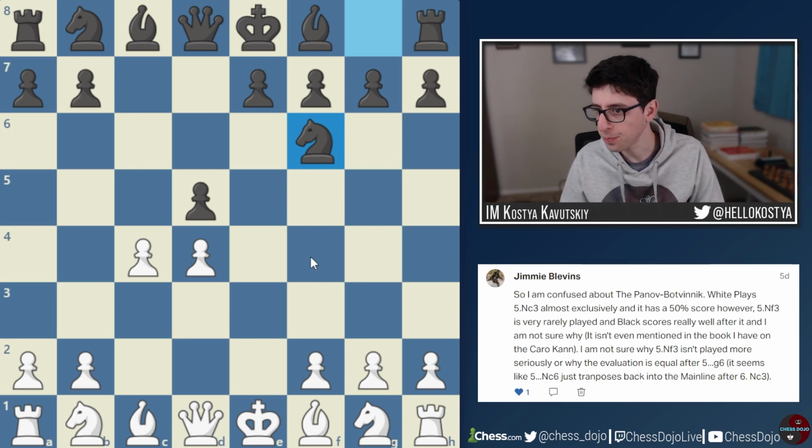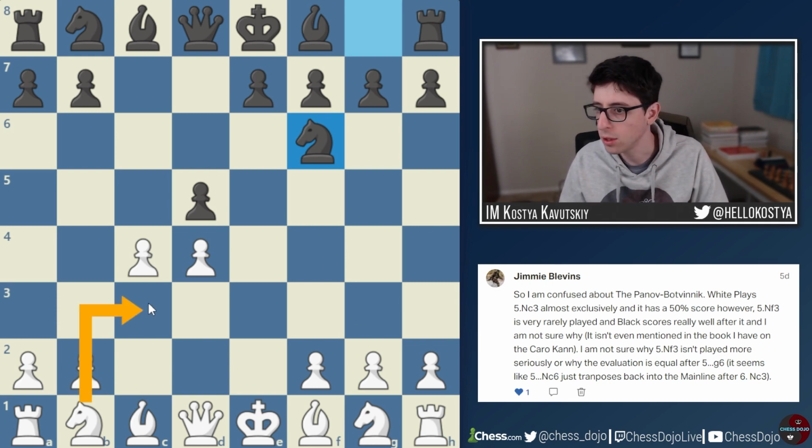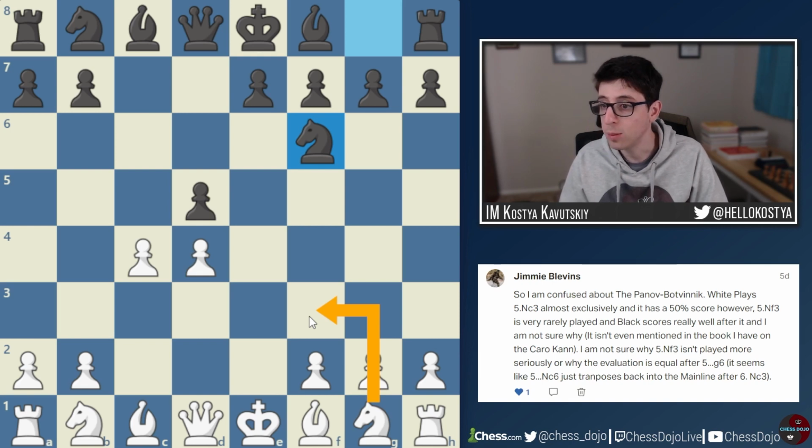White plays 5 knight c3 almost exclusively and has a 50% score. However, 5 knight f3 is very rarely played, and black scores really well after it, and I'm not sure why. It isn't even mentioned in the book I have on the Caro-Kann. So the question is, I'm not sure why knight f3 isn't played more seriously, or why the evaluation is equal after